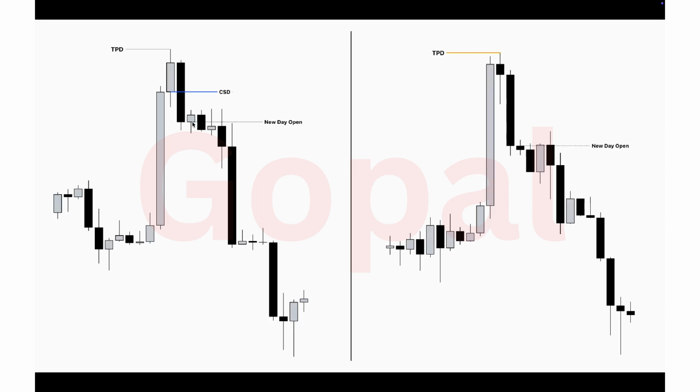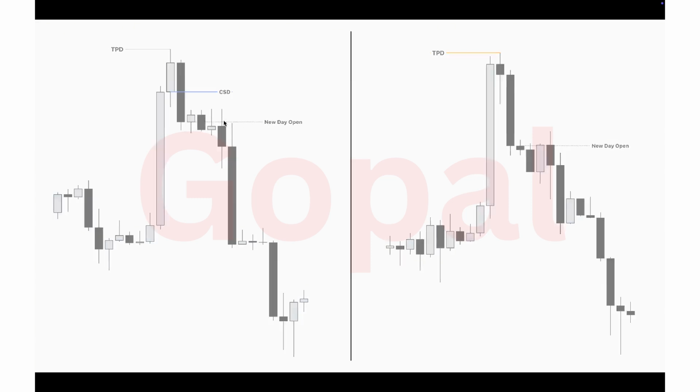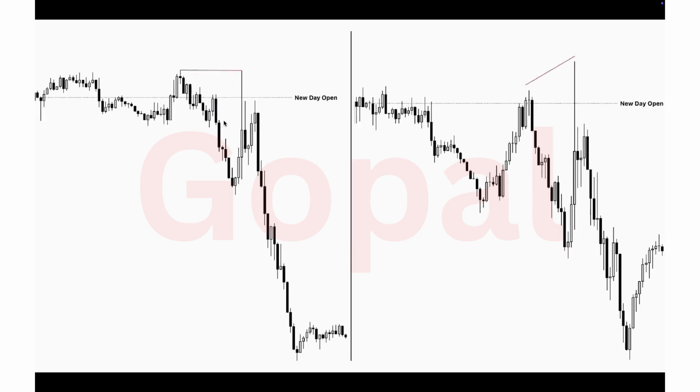And as you can see, we have the new day open outlined right there. And now going into the lower time frame chart, you can see we had an SMT on the daily cycle, creating an SMT skip that allowed for downside movement without needing an SMT on the weekly cycle to confirm the